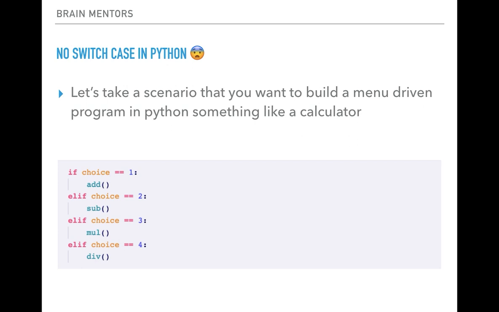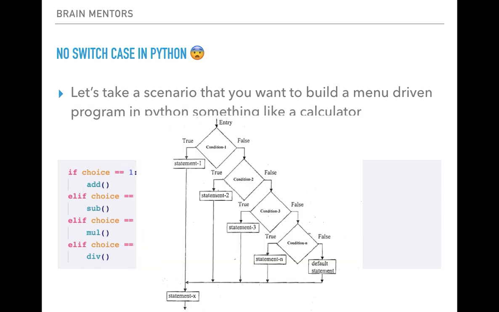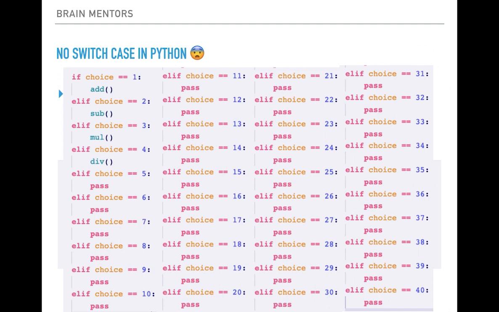This is okay for 4 functions, but what if you have got like 40 functions? So something like this happens. It will become an if else ladder, and it's a small ladder now. It will scale up to 40 functions, and something like this happens to your code. It just grows and grows and grows, and you have plenty of conditions.